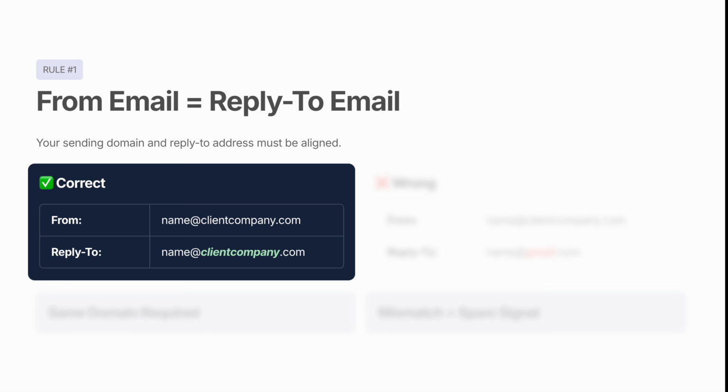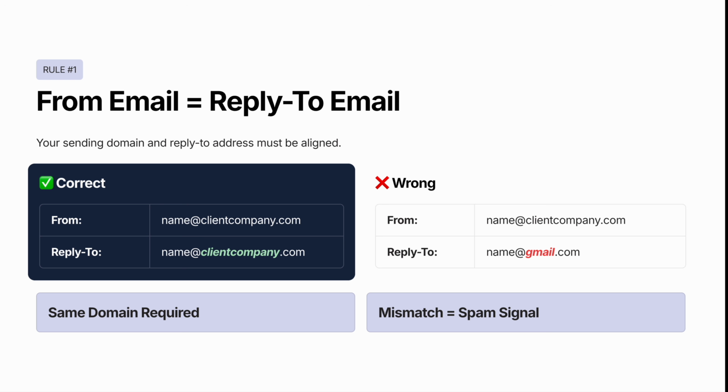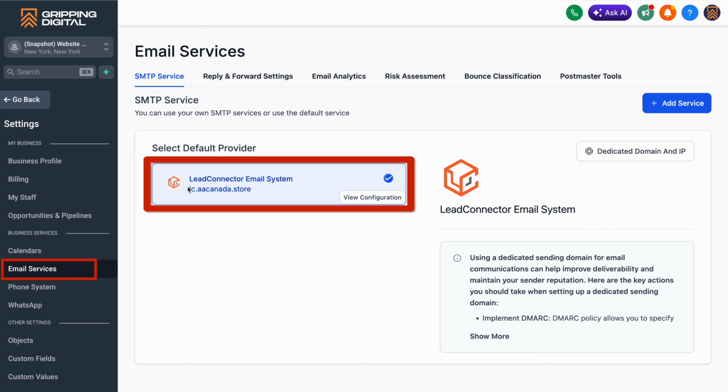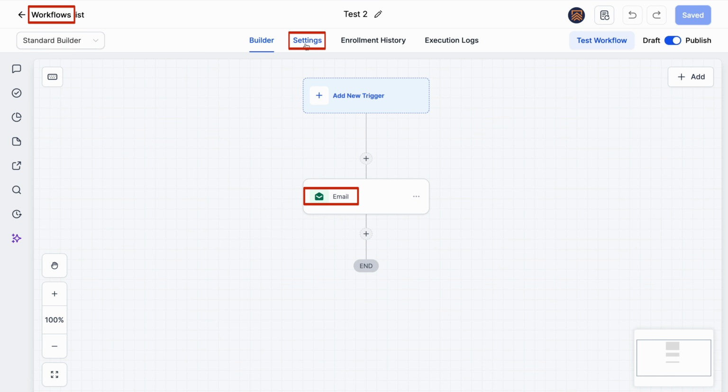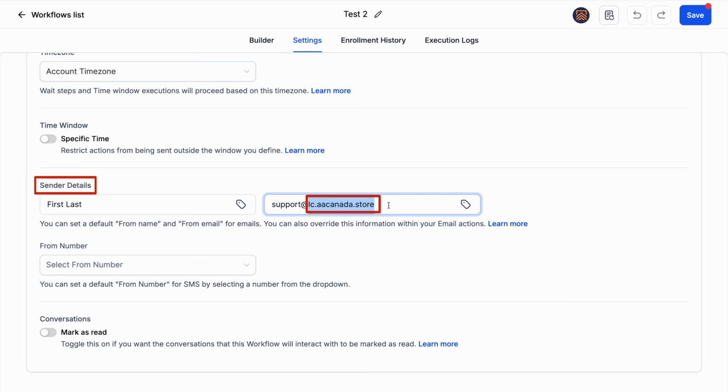Because the email providers like Google, Yahoo, Outlook check for that. If domains are different, that's a red flag. So if our domain in settings is lc.aacanada.store, then the from email should have the exact same domain after the @ sign. Rule number 2 is about list